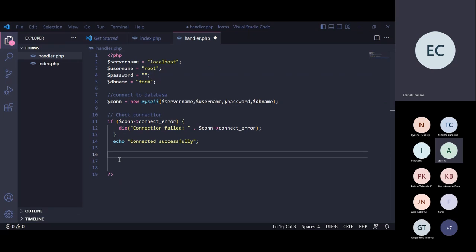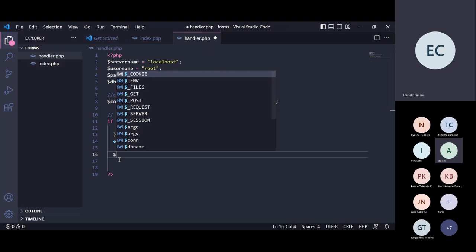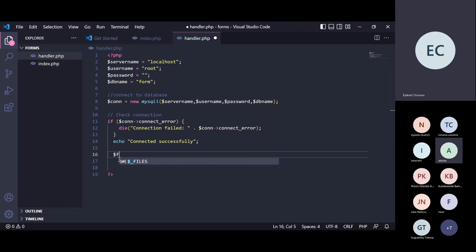So first we need to create those variables for taking the first name and the last name, right? So I can just say first name, which will be equal to